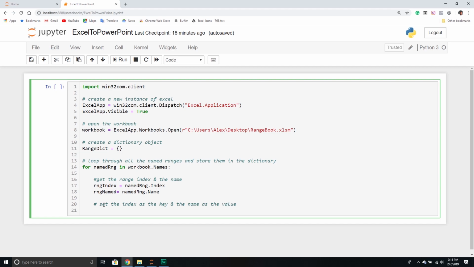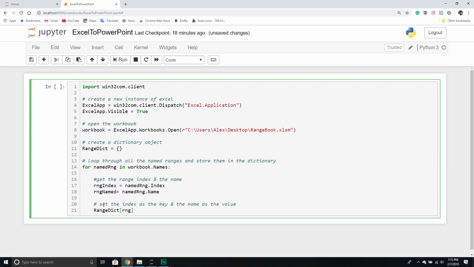There's not going to be two 1s. So we can use that index property and use that as the key for our dictionary. And so how do we now store the values into our dictionary? Well, first thing we're going to do is call our dictionary object. We're going to pass through square brackets, and then this will be the key for this particular value in our